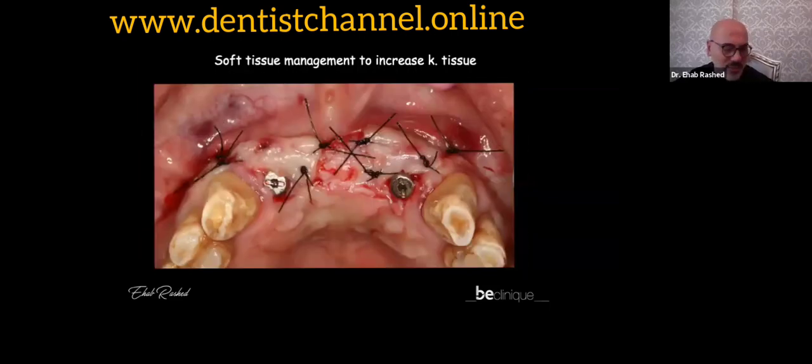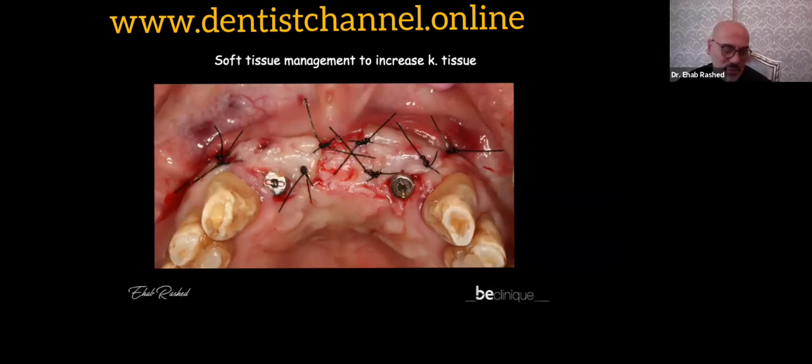So what we do in this case, we come to the palatal site to make a small half thickness incision, and then you create a releasing incision vertically, left and right to the implant, and basically you do a half thickness dissection and move all this soft tissue from the palatal to the buccal, as you can see here and here. And you can see the area in the middle here doesn't have keratinized tissue, but at the same time it's covered by